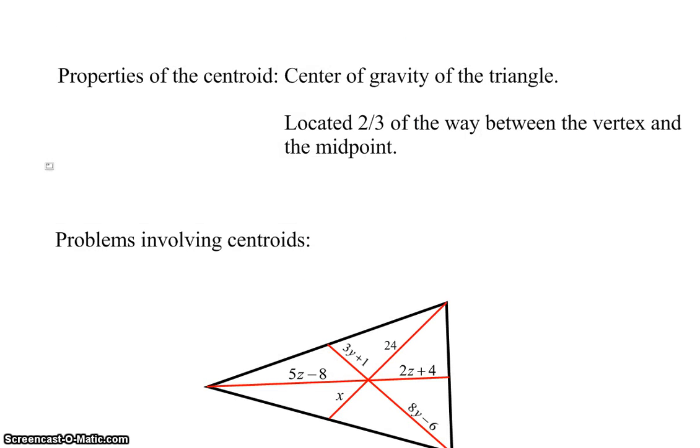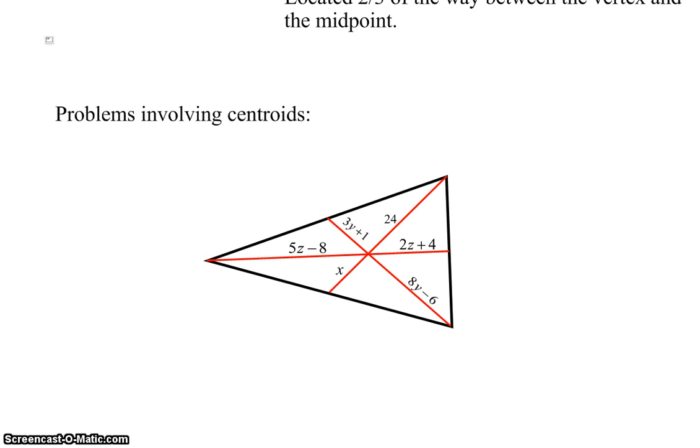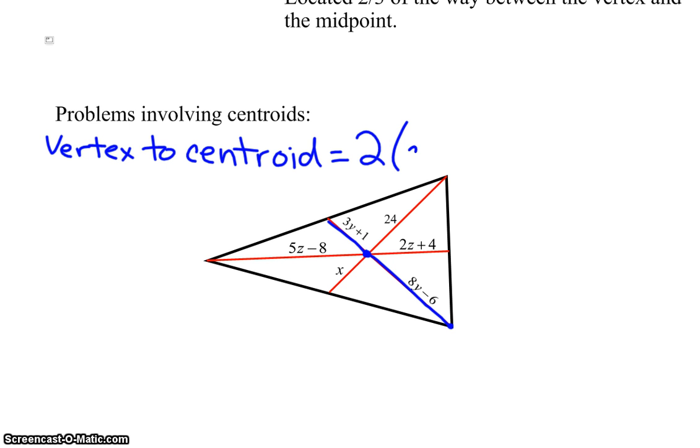One of the cool things about the centroid of a triangle is that it's located 2/3 of the way between the vertex and the midpoint, and this is how we'll solve problems involving centroids. Basically, what this means is that the distance from the vertex to the centroid is going to be twice as long as the distance from the centroid to the opposite side. So let's write that down. The vertex to the centroid equals twice the centroid